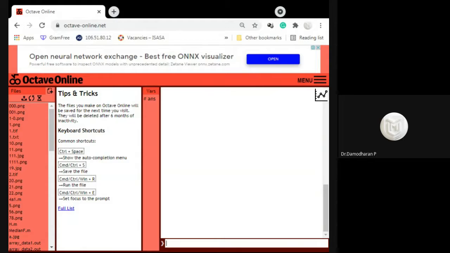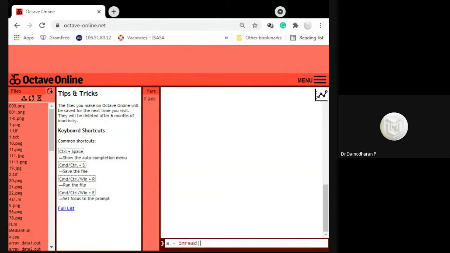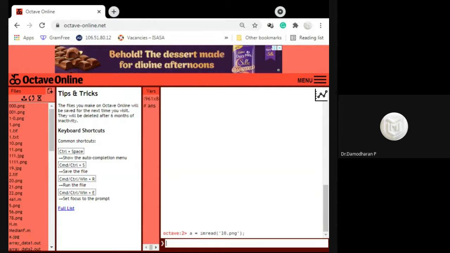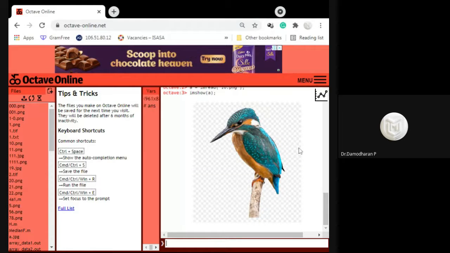For example, I'm using A equals imread of n.png, closing it, semicolon. I read one image, convert the image into matrix format and store it in the variable A. Now I am displaying that image with imshow of A. This is the colored image.